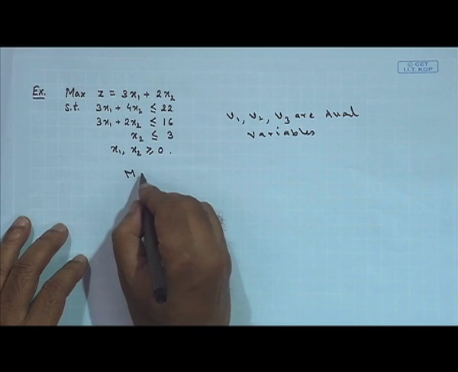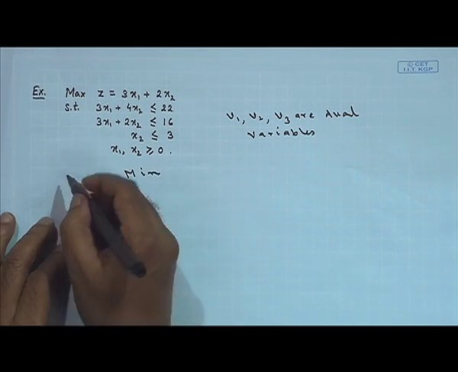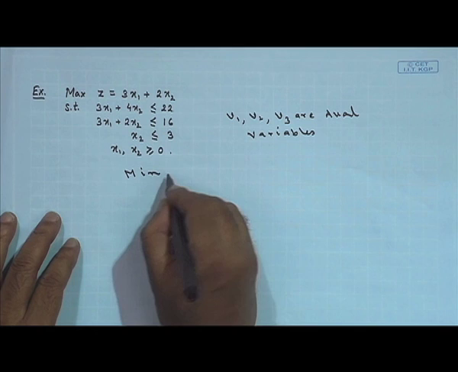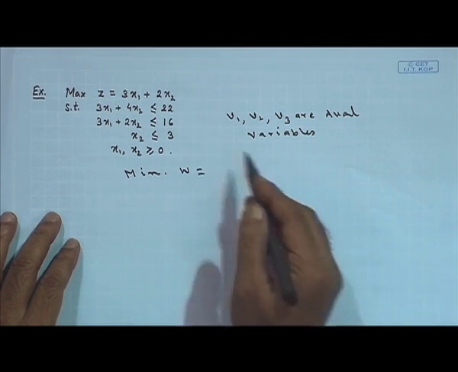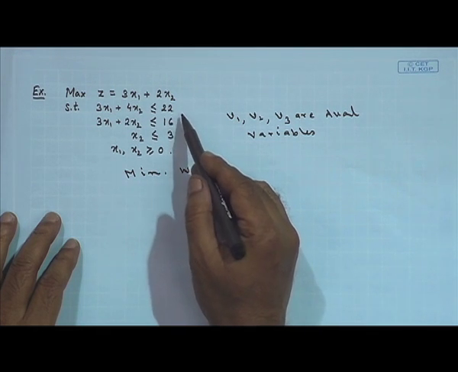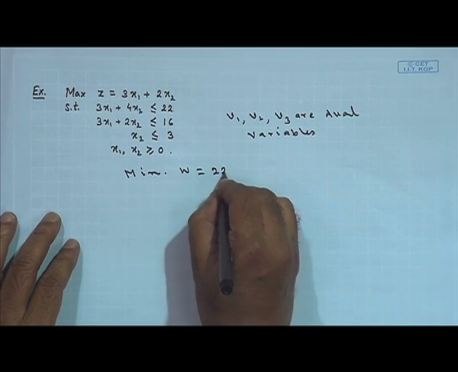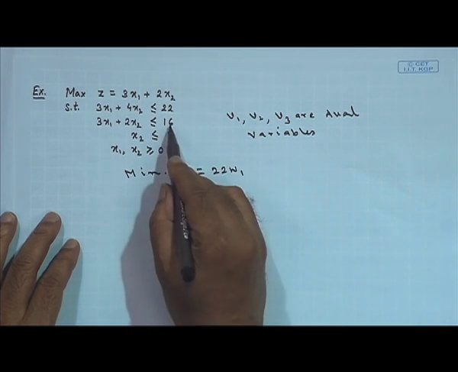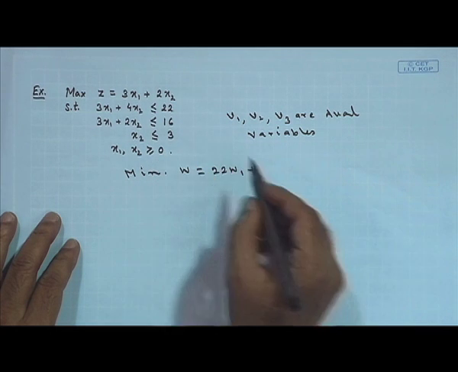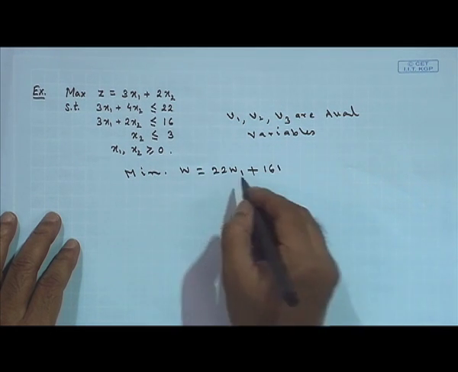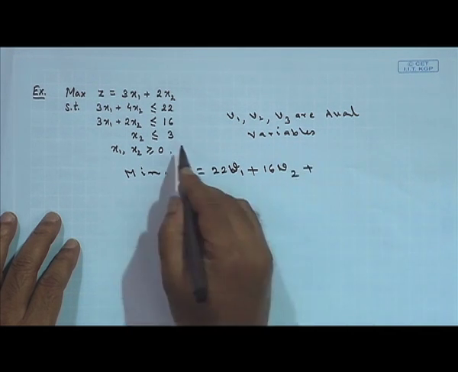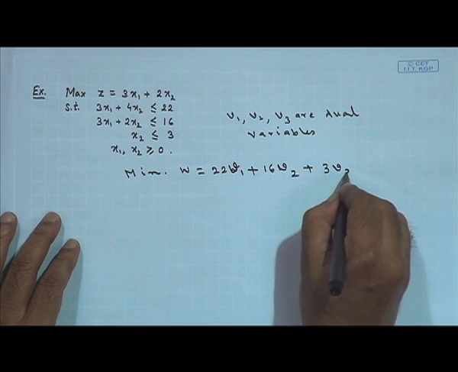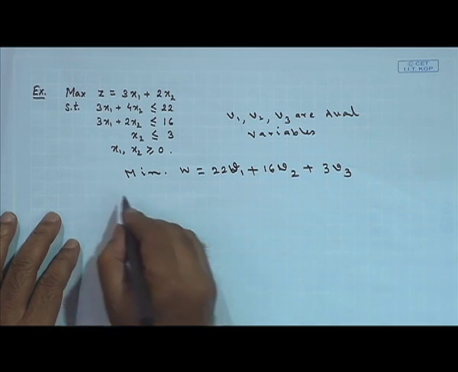Now, maximization will be converted into minimization: minimize W equals, what will be the objective function? It is 22 V1 plus 16 V2 plus 3 V3, these being the B values, subject to,